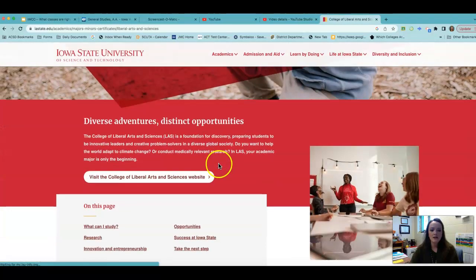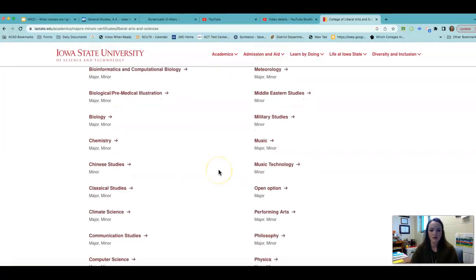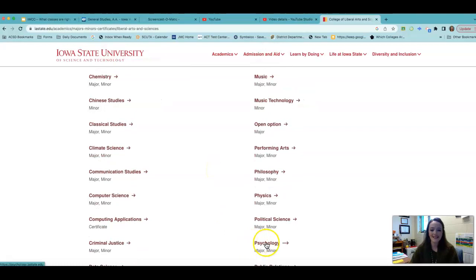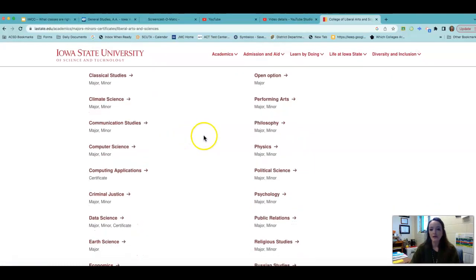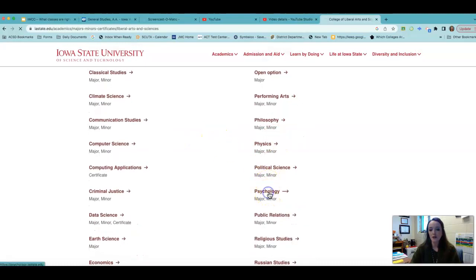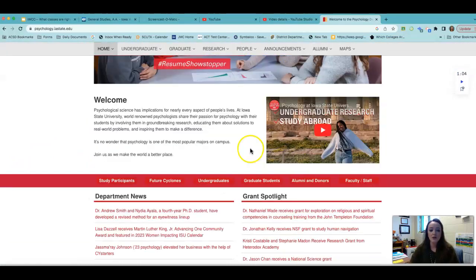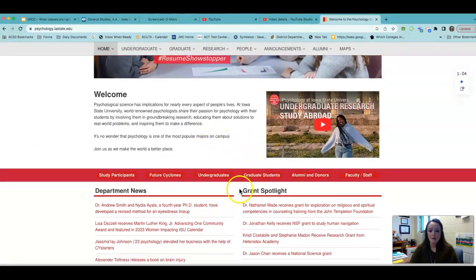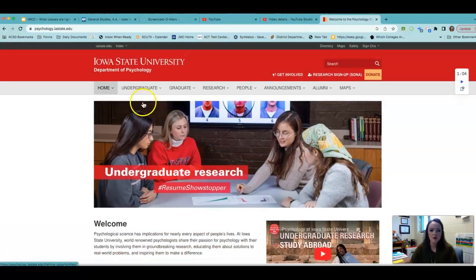I am looking to see if I can major in psychology through liberal arts and sciences, and I am seeing a yes in that, but you can see all the different things that fall under the liberal arts and sciences category. So I want to be a psychology major. So I'm going to go to the psychology tab. I'm going to pay attention to what it offers me, gives me information, welcome,